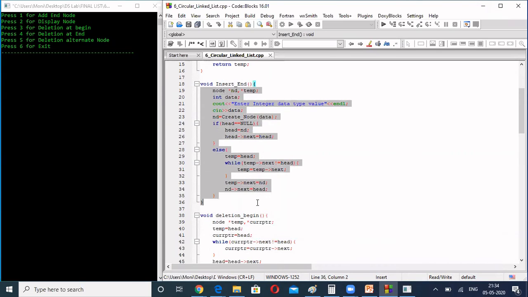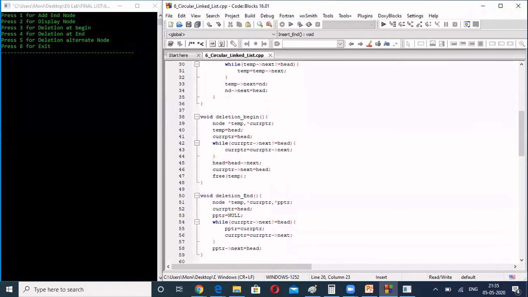If there are no elements in the list, this is the first node we are going to create. The meaning is the head is equal to null. If the head is equal to null, then your new node will be treated as the head and will act as the first node. If some nodes are already there, then the head will not be null. That time you have to go to the last node and add the new node to the end of that.